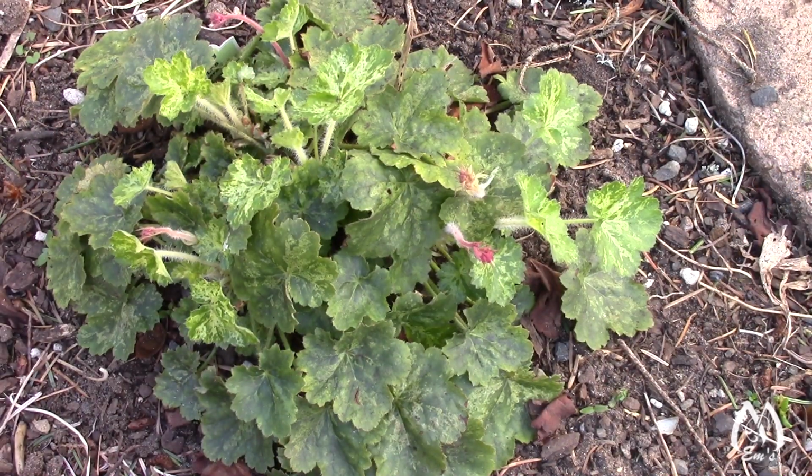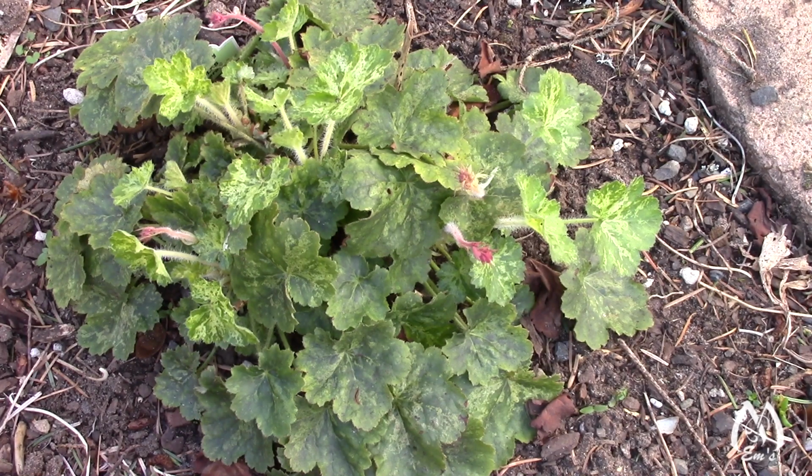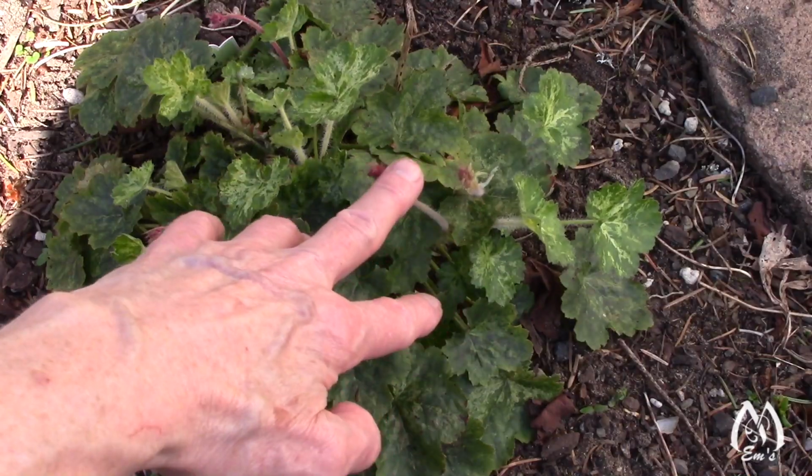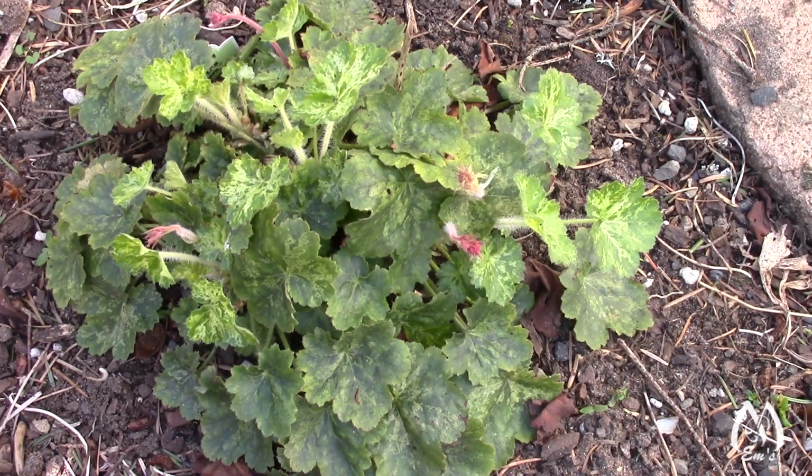Something else you could look for at this time of the year is coral bells, and there's lots of different kinds of coral bells, and some of them grow better for me than others, but this clump looks pretty happy. They are especially known for their beautiful leaf colors, and also they get these wonderful flower spikes for using in small arrangements. And as you can see here, some spikes are starting to come on. But in the meantime,